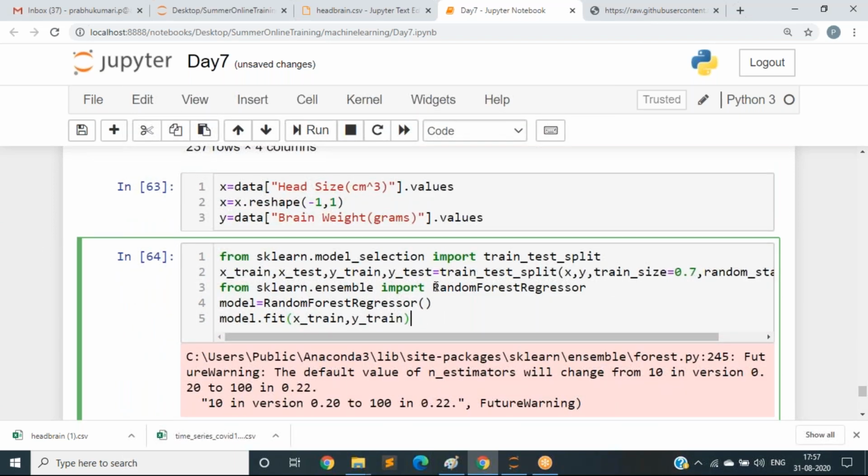I have only changed my regressor model here. That's it. If you don't understand, you can ask me to repeat.